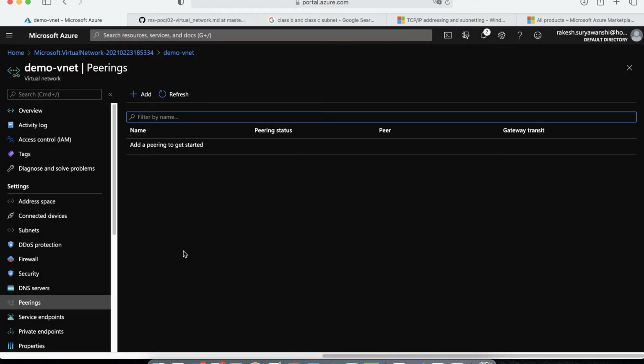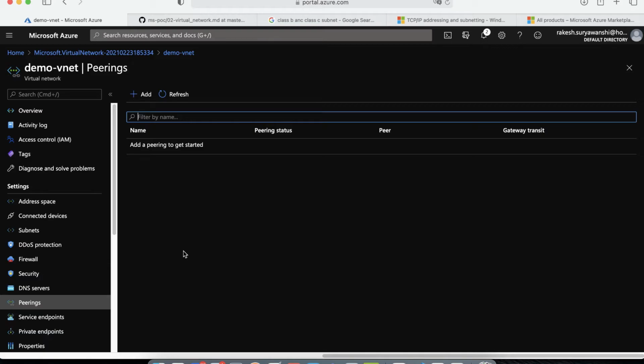Now I was saying earlier in the discussion about the VNet peering. Let's say in our example, I have two different virtual networks. One is the network which is acting as a hub network and which will have certain services hosted which would be exposed over the internet. For example, I have a website hosted on my hub network which is exposed to the public internet, and then I have certain spoke networks which are basically kind of private networks,